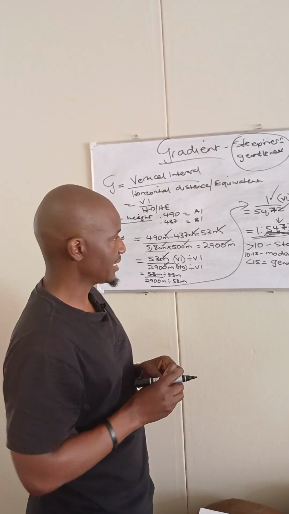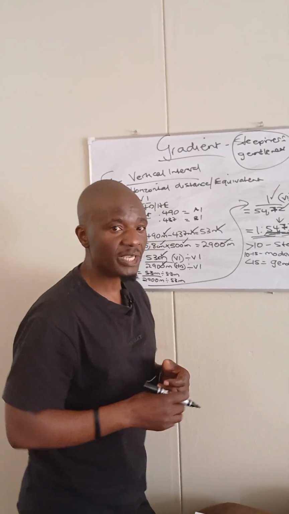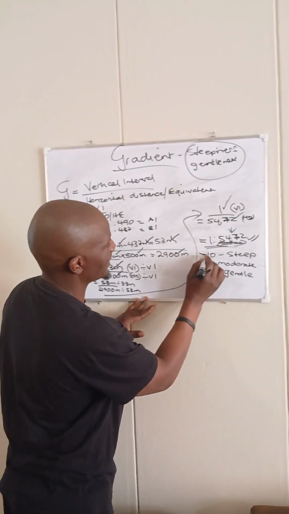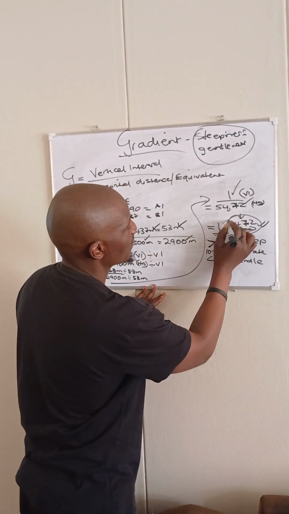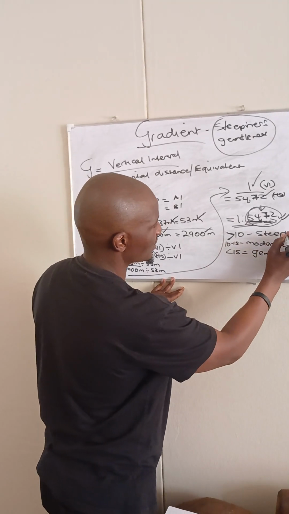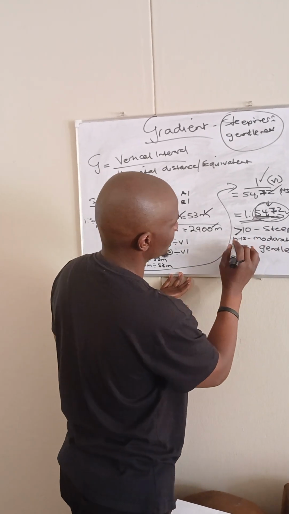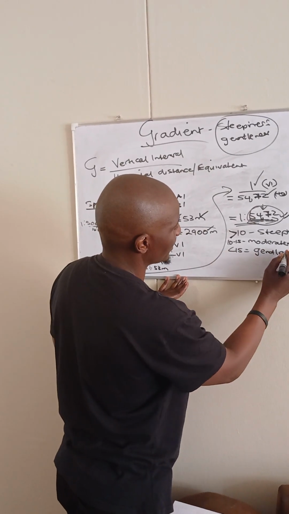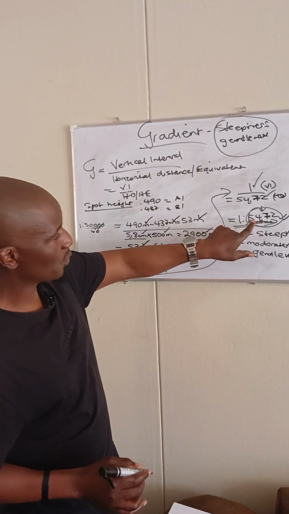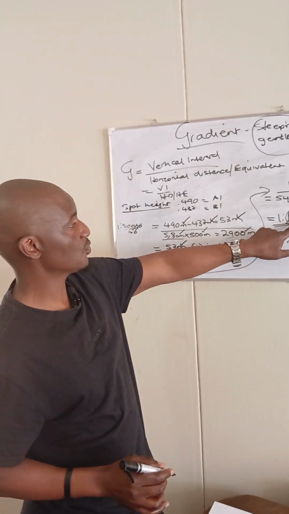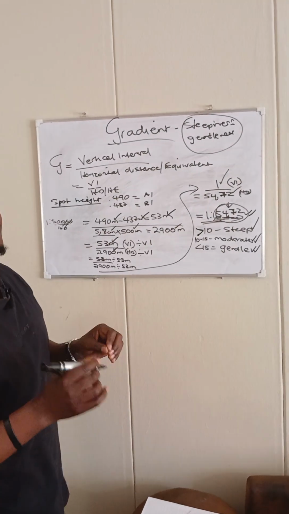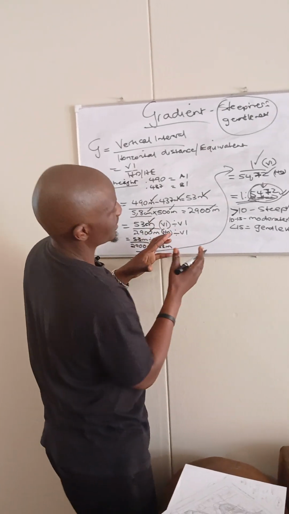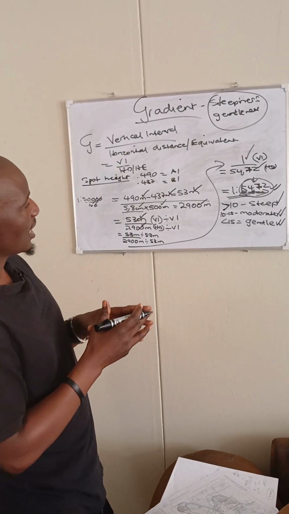How do you interpret your gradient now? You can be asked whether the gradient is steep or gentle. If this number, 54.72, is less than 10, the gradient is steep. If it's 10 to 15, it's moderate. If it's more than 15, it's gentle. Which means our gradient, 1 is to 54.72, is gentle. Then the other question that can come with the gradient is: